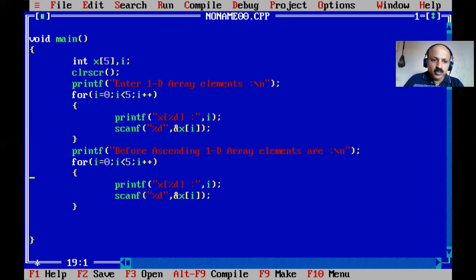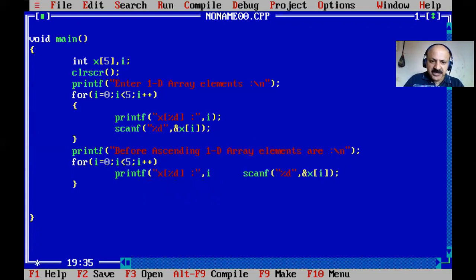Here I remove the braces of the for loop and scanf because only printf is there. Then comma and %d, and here I provide \n. So all are removed, and also remove this brace. Scanning and printing is perfect.